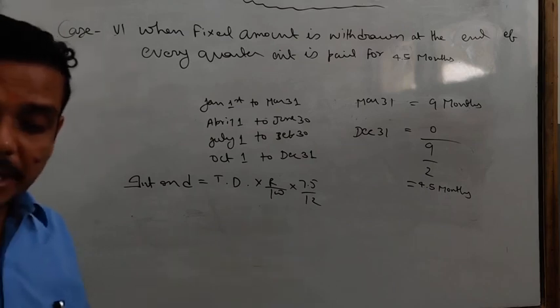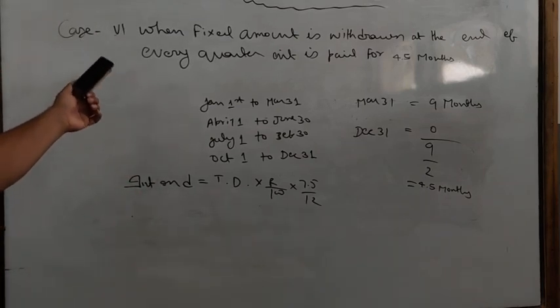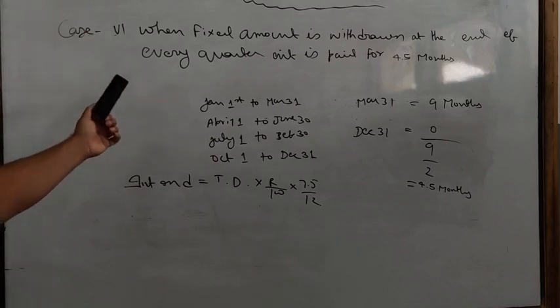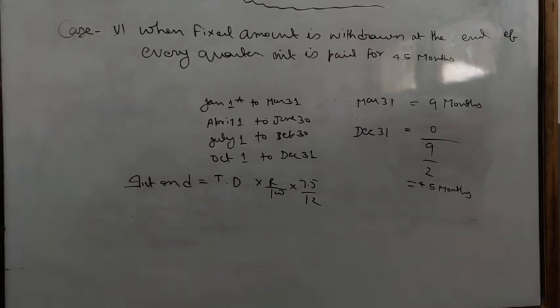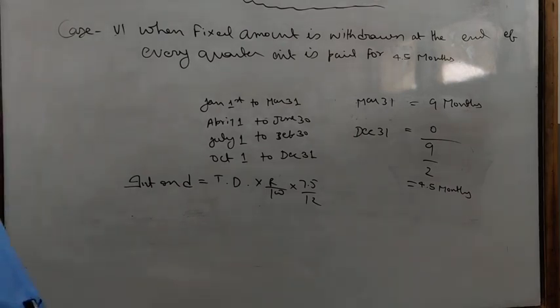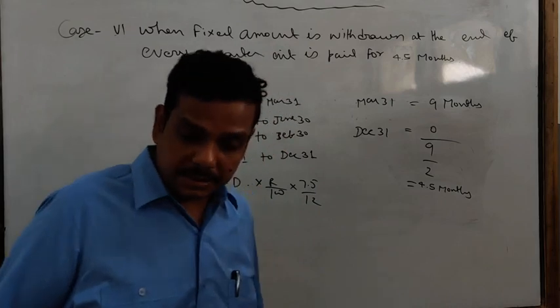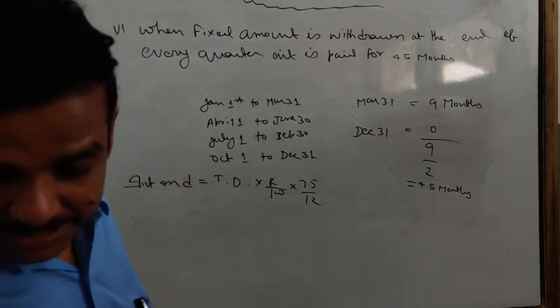Now see student, in all the above 6 cases we have dealt with the situation when fixed amount is withdrawn either in the beginning, middle or at the end. Now how to deal with the situation if unequal amounts are withdrawn at different dates? In this case we will take the help of product method. See example 27